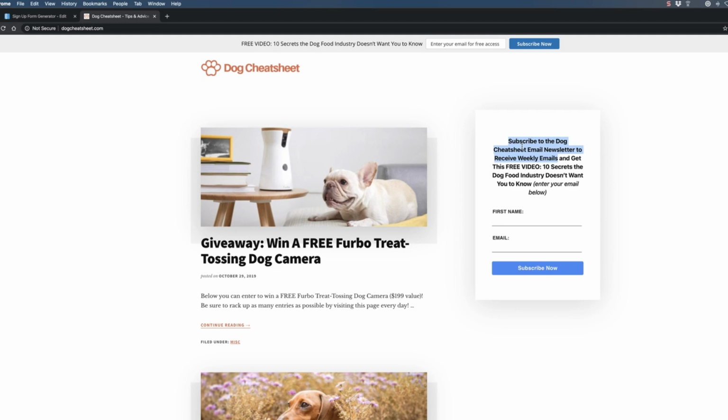GDPR is the rule that if you're going to be getting any kind of traffic from anyone potentially in any European country, you've got to be GDPR compliant. So if you are going to get people from any of the countries in the European Union, you've got to follow those rules, be transparent, and really get consent to send them stuff. So one of the easiest ways to do that is, instead of just saying, get this free video,